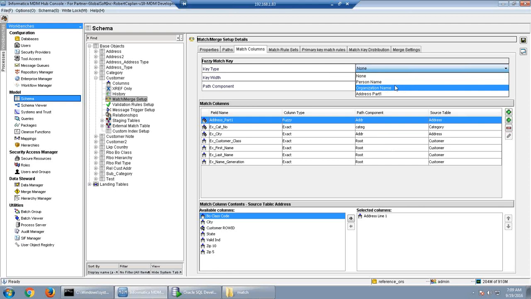If we are dealing with person data, we can select person name. If we are dealing with organization data, we can select organization. If it is address, we can select address. But you can say I want to implement fuzzy in the category table or subcategory table as well. So which one do I have to select here?